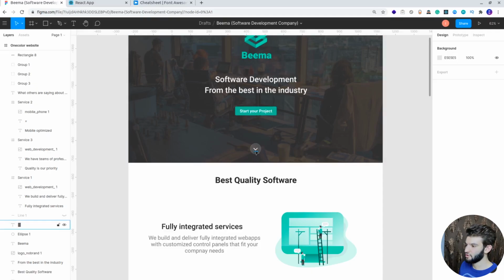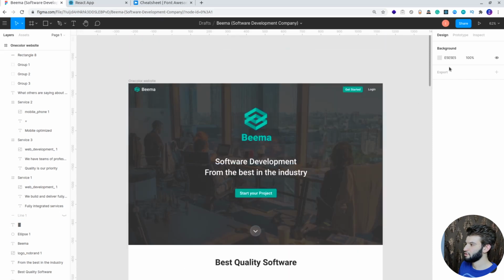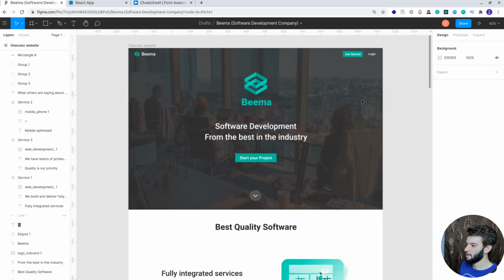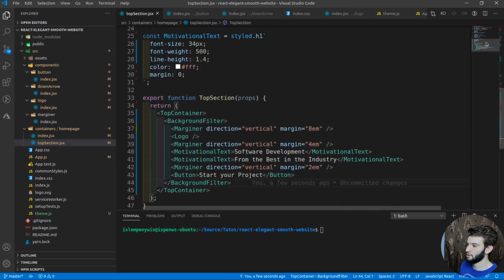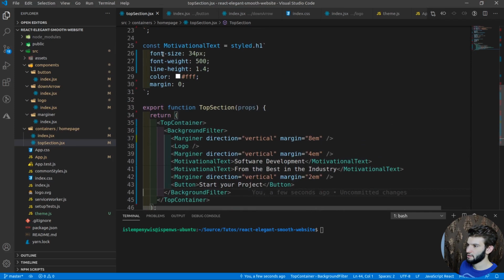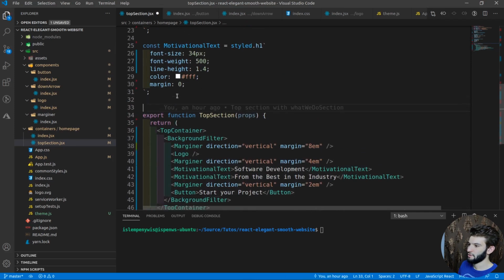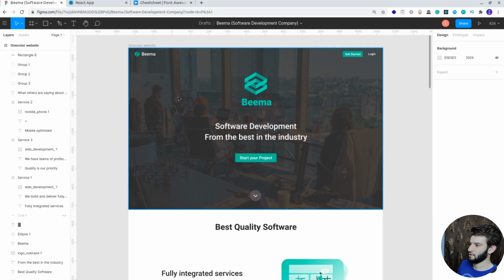So for this to stay always on the bottom, what we can do is go ahead and put an absolute positioning for this and just put it down in the bottom. If that makes sense, it will be way better in that particular case. So we can do that real quick here. I'm gonna have another container, so I'm gonna have